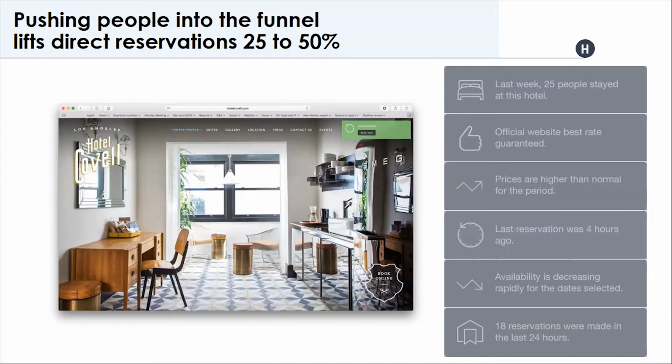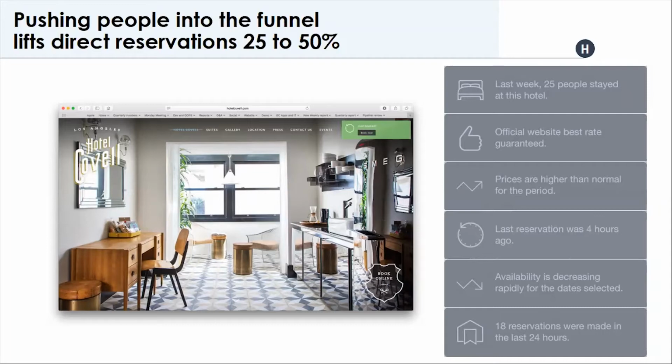So we created these intelligent message alerts at the website level, based on real data, where you can see, for example, 18 reservations made in the last 24 hours. So we are actually showing real e-commerce information to the guest. So we are creating confidence and urgency so the guest can move to the next step in the process.